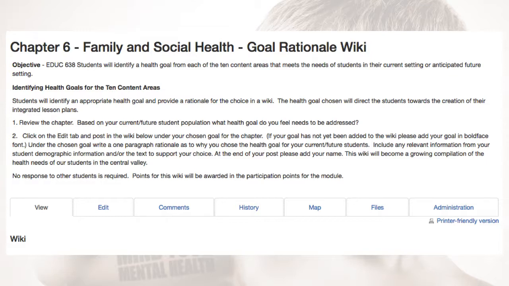Now, be careful that you don't delete someone else's response. If you do, just let me know as soon as you can, because I do have a way to retrieve that information. Sometimes these types of forms do make students nervous, but just be careful when including your response that someone else's does not get deleted.